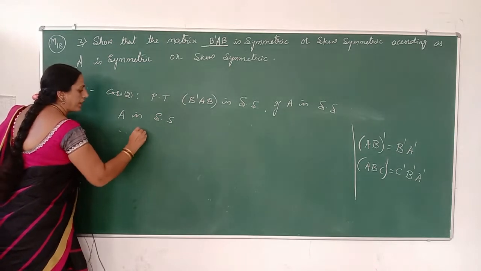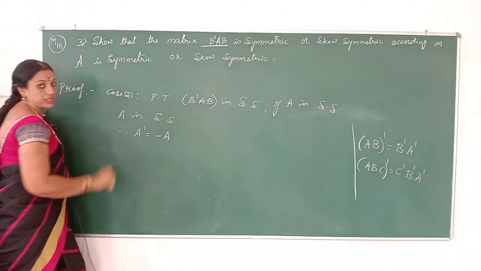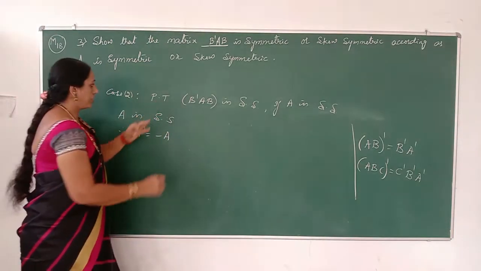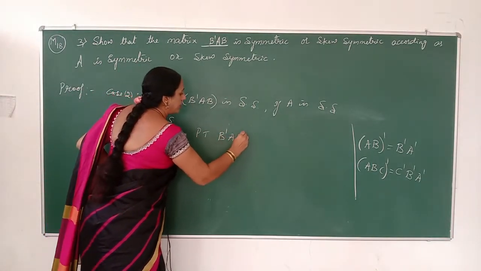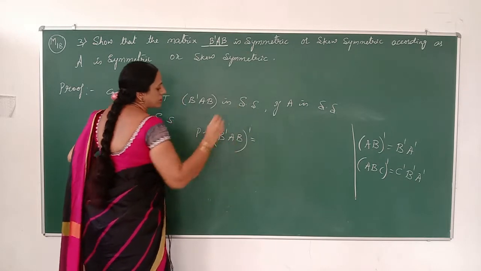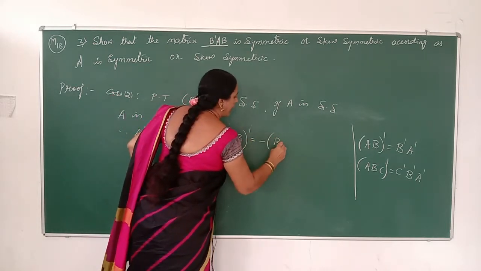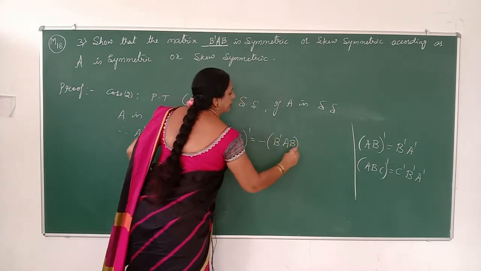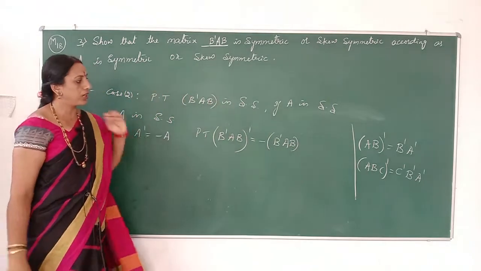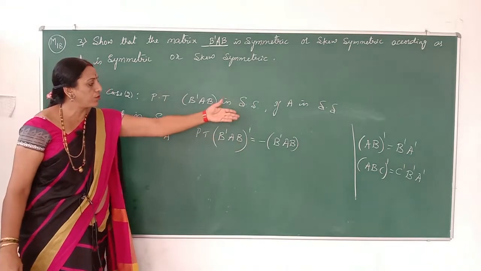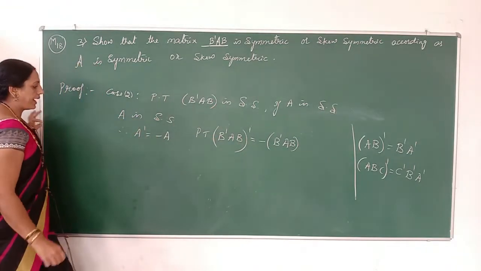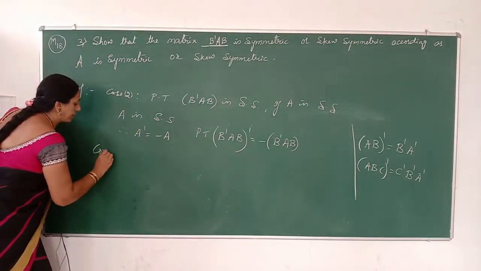Therefore, A dash is equal to minus A. By using that condition, we have to prove that B dash AB whole dash is equal to minus of B dash AB. That is the definition of skew symmetric. Again, we will consider